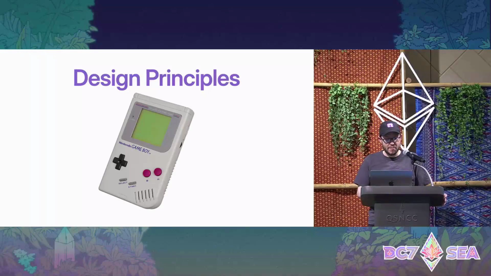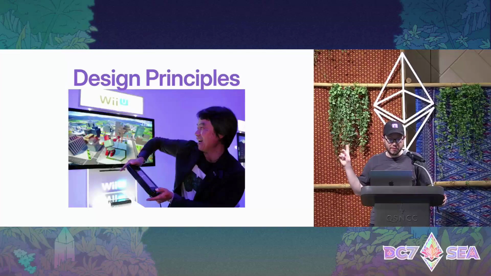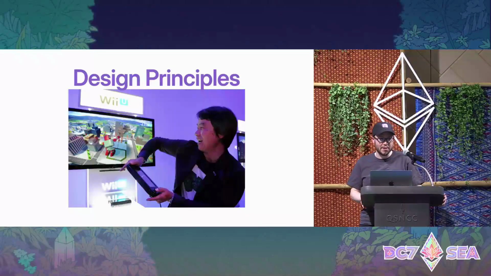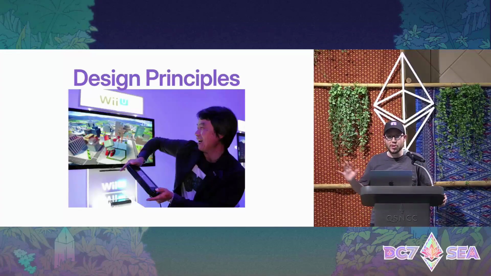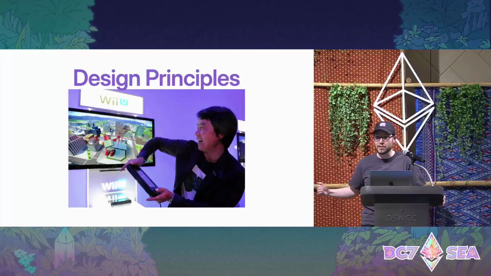I like to think of a frame kind of as a Game Boy, right? It's this very simple constrained user interface. You have a couple buttons, and you want to fit a simple, fun, fast experience into a very limited UI. Or even better, think of the Wii U, if you remember it. Think of the little gamepad screen that was built into the Wii U. There's a whole game, your application, going on outside your frame. But your frame is a way that you can highlight a specific action in context in the feed and encourage somebody to take an action in context now.